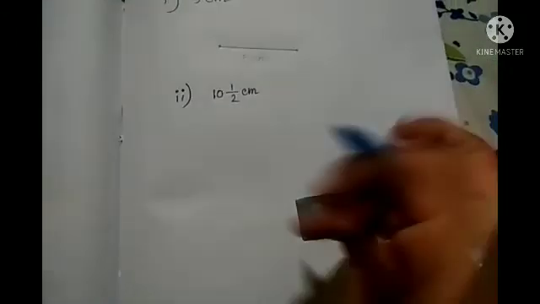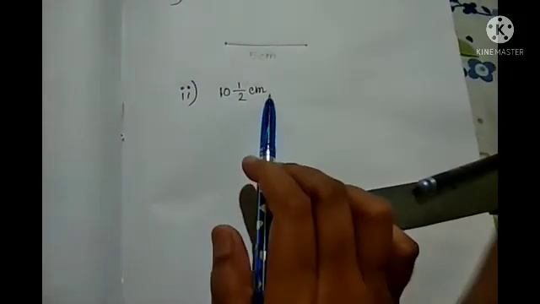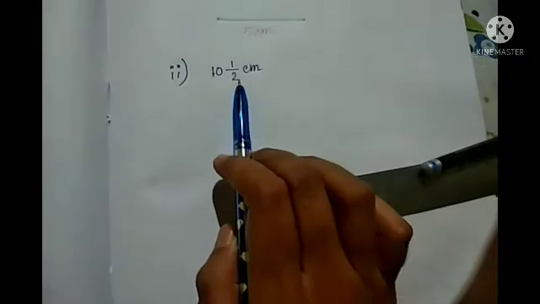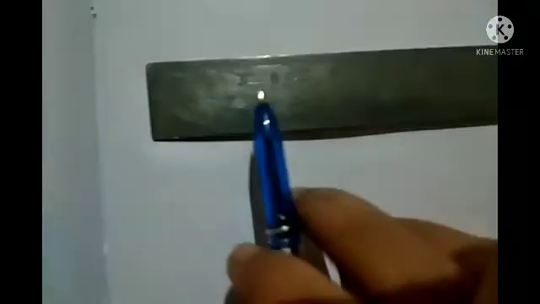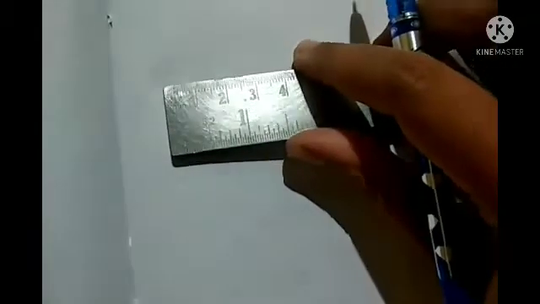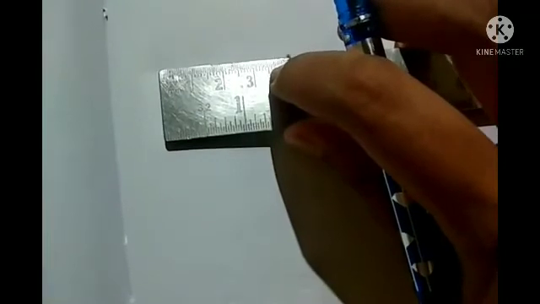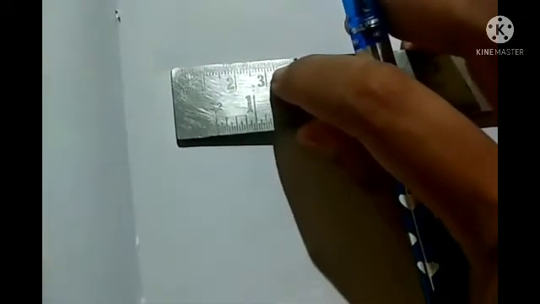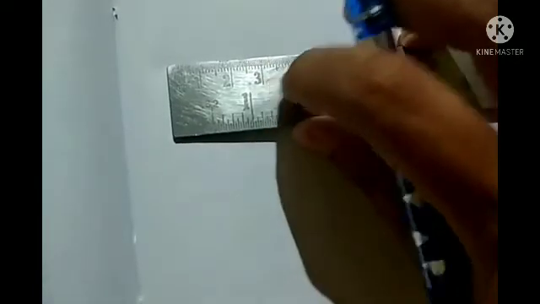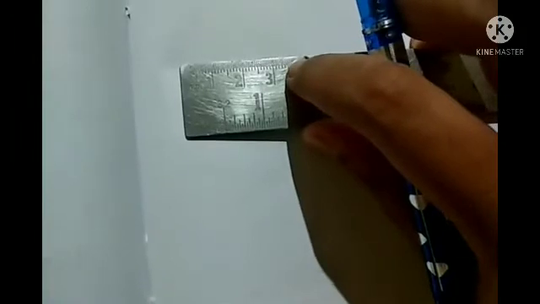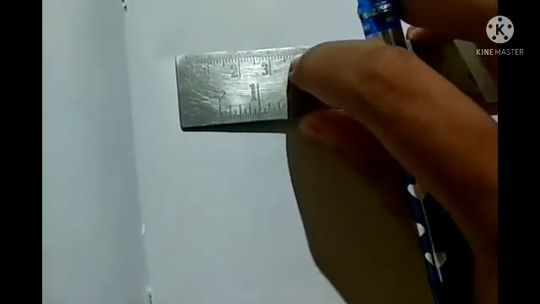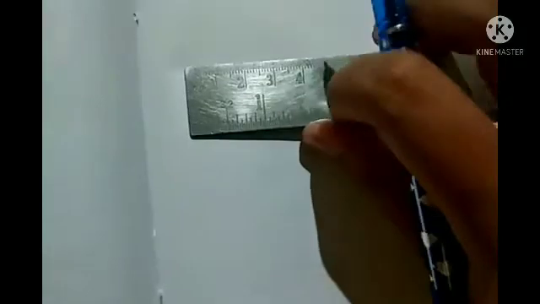Now let's take one more example, 10.5 centimeter. So students, 10.5 means what? 10 centimeter we will draw properly and then half, an extra half. So you can see the lines over here. Between 2 points like 3 and 4, if you can see here, in between there is a point here, right? As I told you, from one number to another there are total 10 lines. So half means what? 5, right? Here 5 lines you have to count, so that one will be the half of that number.